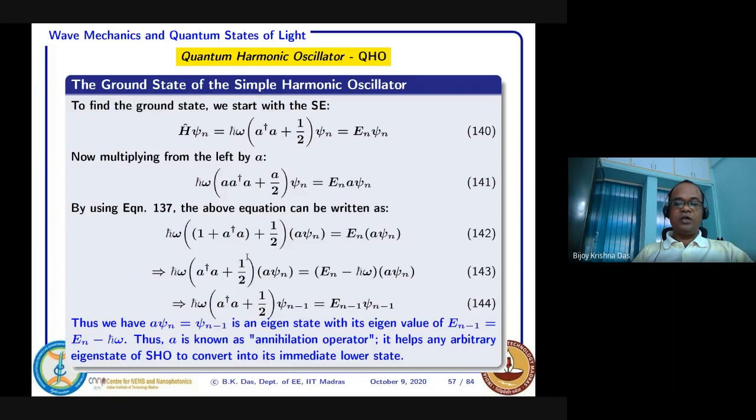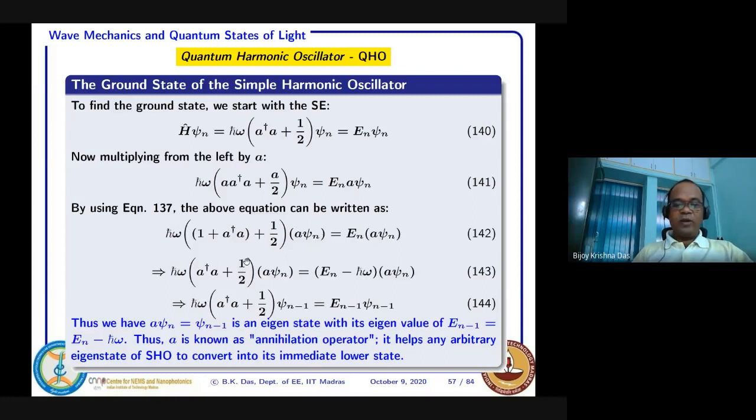Now, a little bit of processing here. 1 is a number, right? So 1 times A psi n, and here also A psi n. This 1 means multiplied by h cut omega, and that corresponding term I have taken to the right hand side. What is left over on the left hand side is h cut omega A dagger A plus again half, operating on A psi n. So look carefully at equation 143.